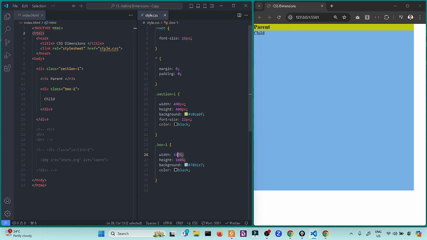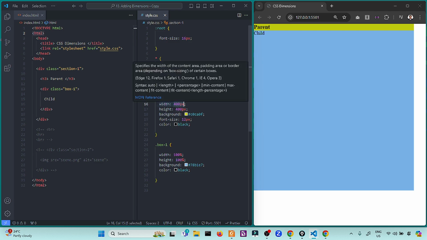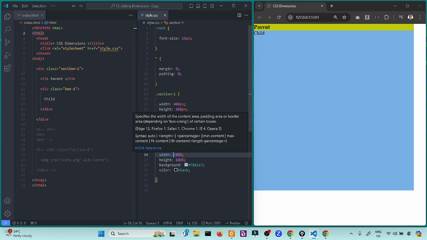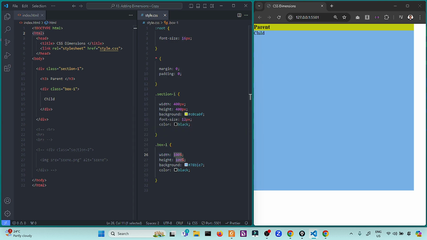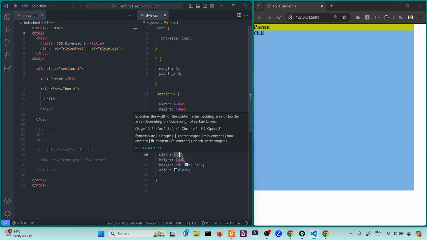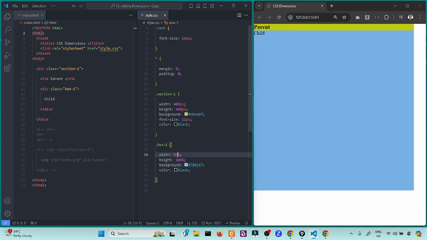For this one, the easy definition is 100% of the width of the 400 pixels, so it is covering the parent container. But if you want 90%, this means 90%.